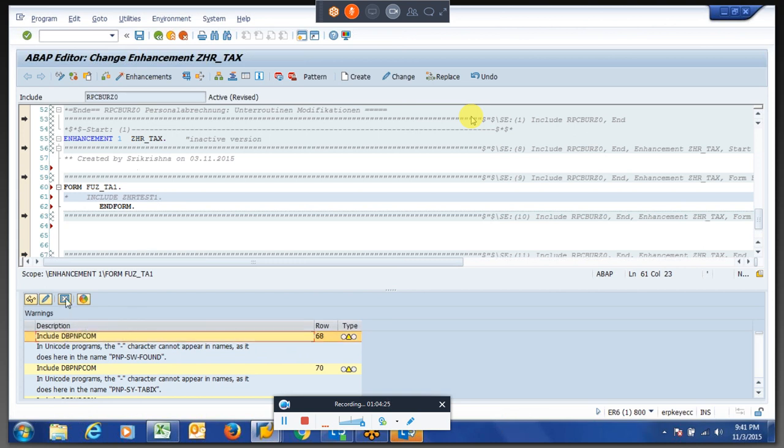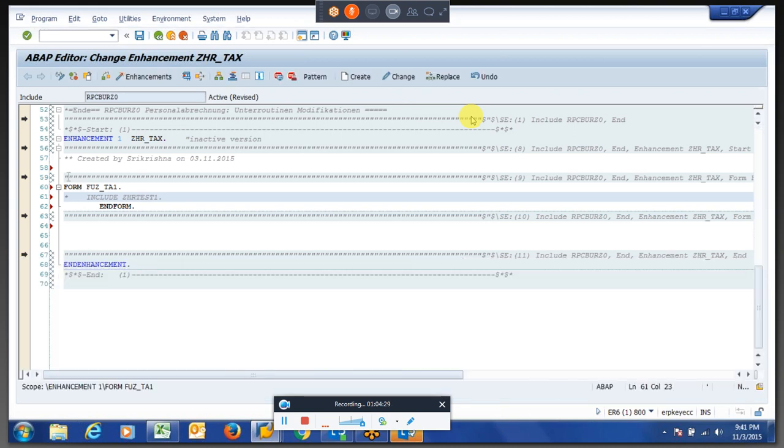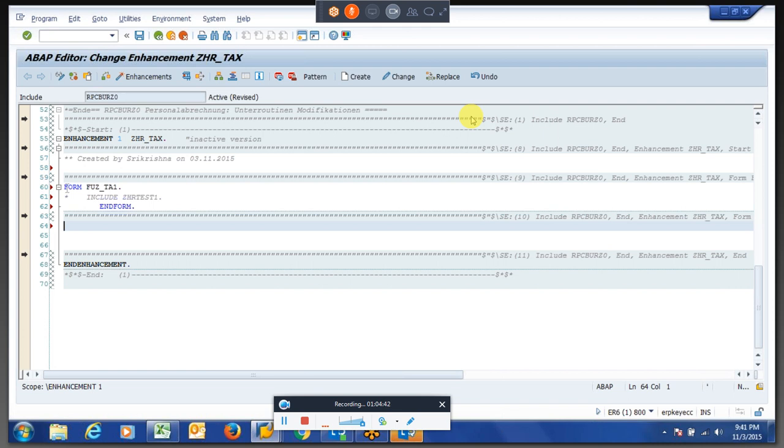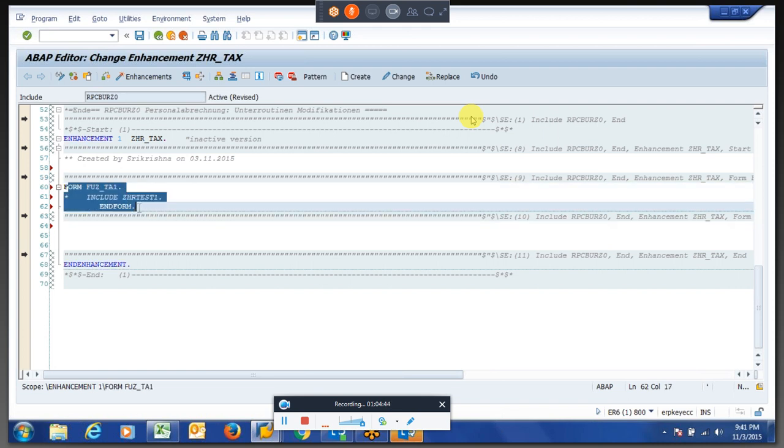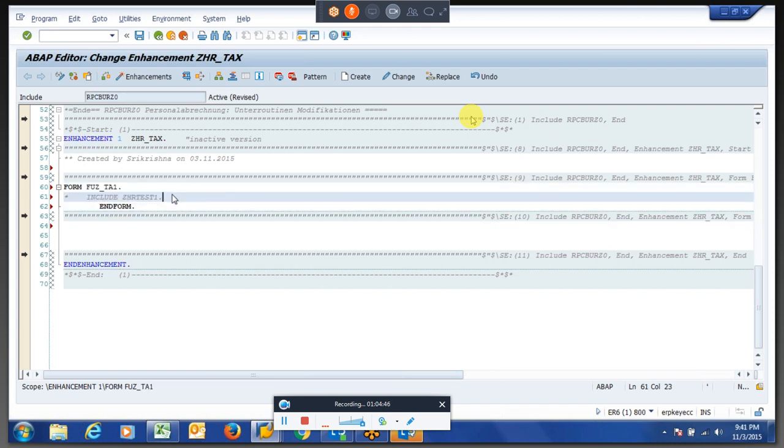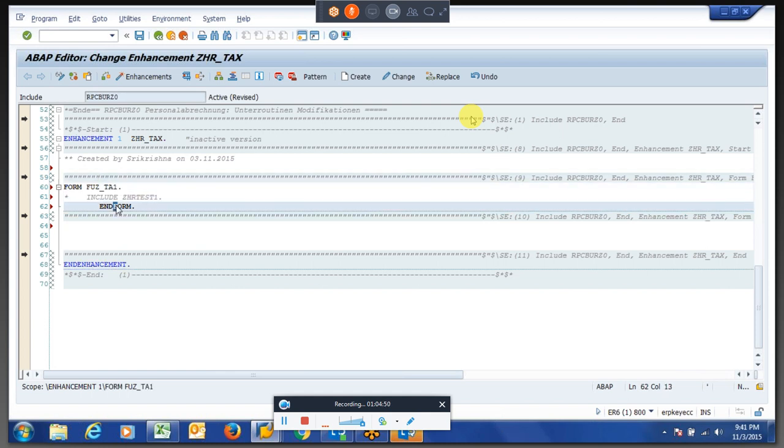Now as of now there are no errors. See, there are two lines where we have to define under these things. If you start the form under these comment lines, here you have to build the code, right? You can copy the same three lines. The form should start and end within these two lines, right?